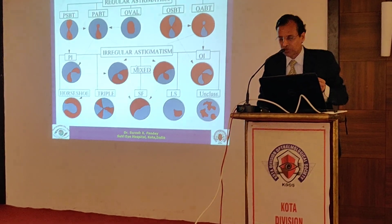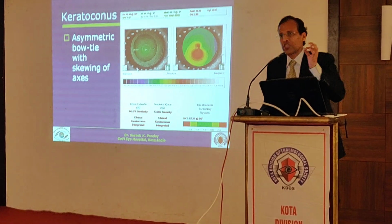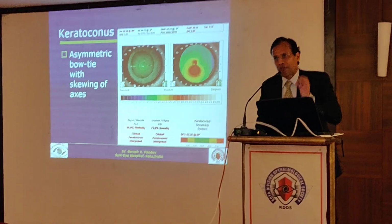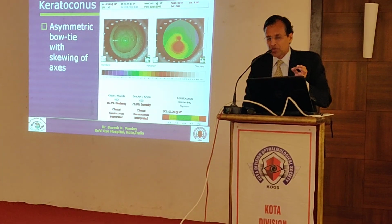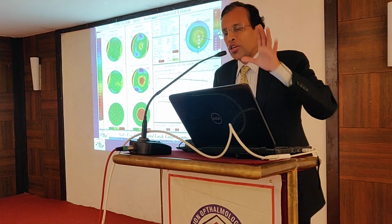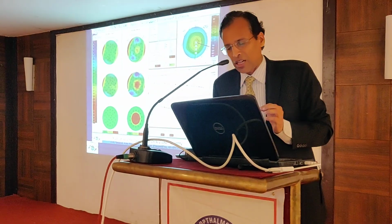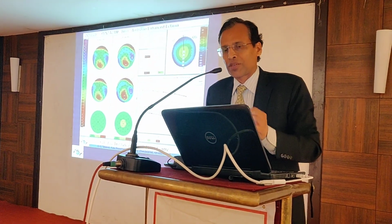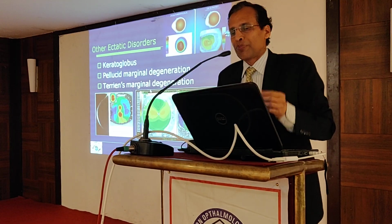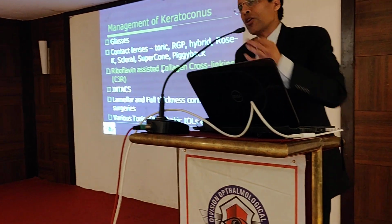as keratoconus form fruste. The most important sign of keratoconus is asymmetrical bow tie with skewing of the axis seen in the topography. This is the confirmation of keratoconus, and it's very important to look at any anterior layer, posterior layer, so that we cannot miss the keratoconus pattern, or we can see any red flag sign also very nicely with this system. So coming to what are the errors in diagnosis: PMD and Terrien's marginal degeneration. And the management of the keratoconus